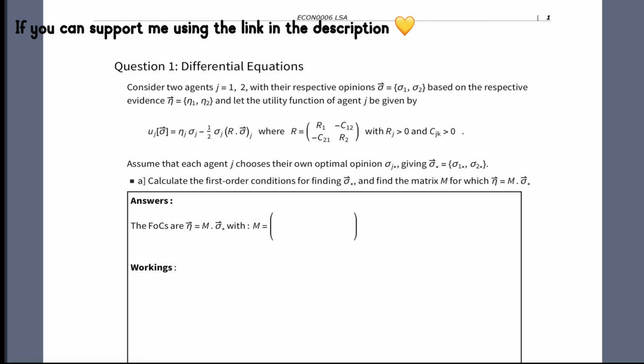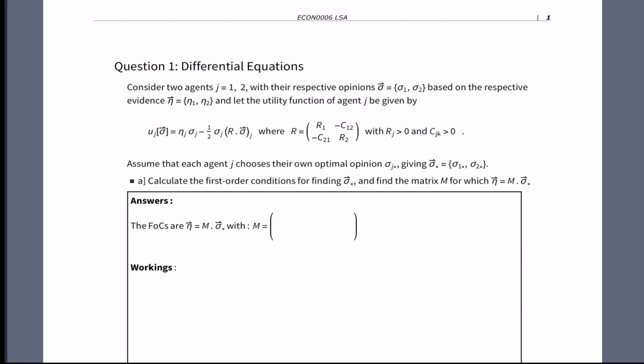Today we are looking at question 1, differential equations. Consider two agents, j = 1, 2, with their respective opinions, the vector sigma, which is sigma 1, sigma 2, based on the respective evidence, the vector eta, which is eta 1, eta 2, and let the utility function of agent j be given by U_j, which is a function of the vector sigma,